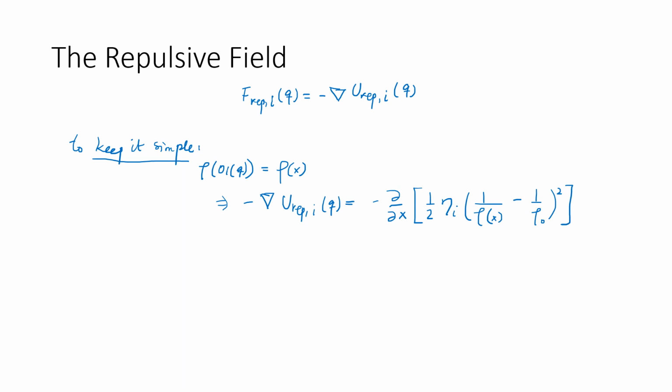So that is going to be equal to minus eta, and then you have 1 over rho of x minus 1 over